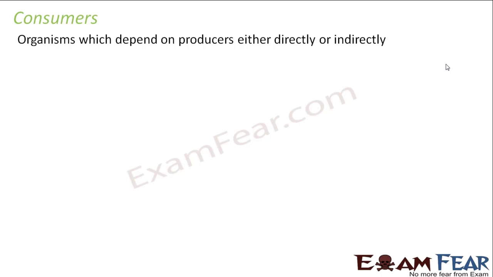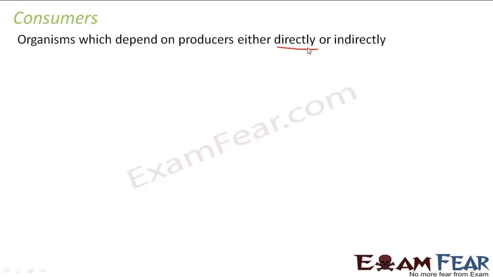So producers are the ones who will produce food. Consumers are the ones who will eat that food, right? So in rough terms, consumers actually depend on the producers for food either directly or indirectly. So what do we mean by directly and indirectly? When I say that a consumer depends upon the producer directly, that means the consumer feeds on